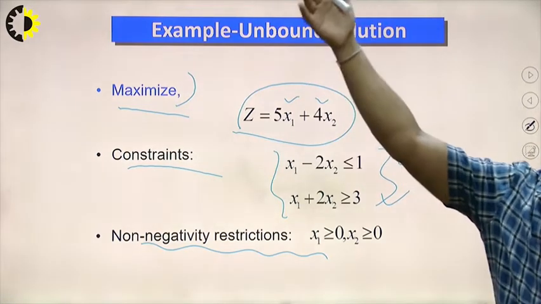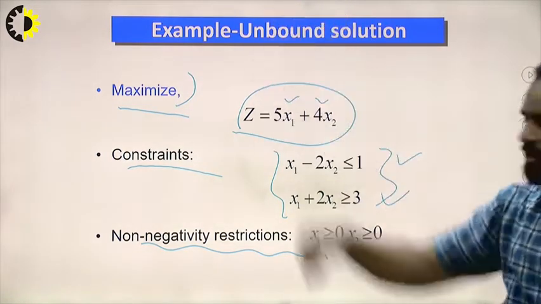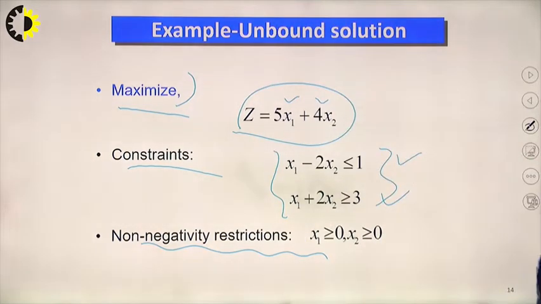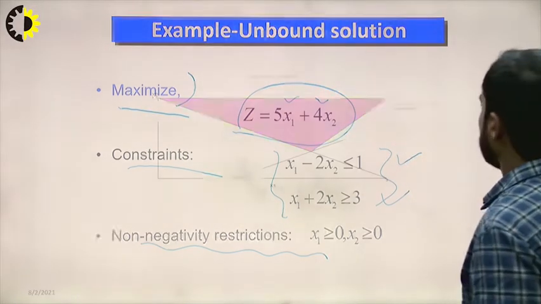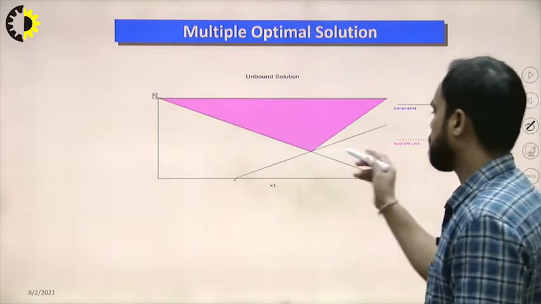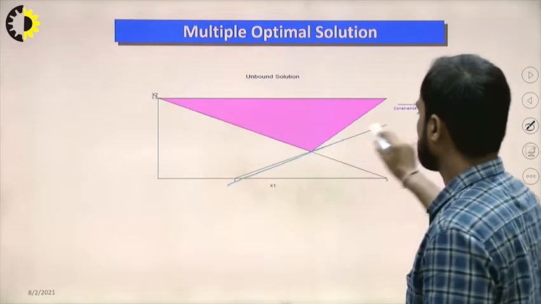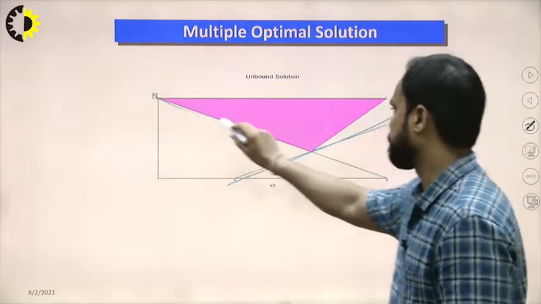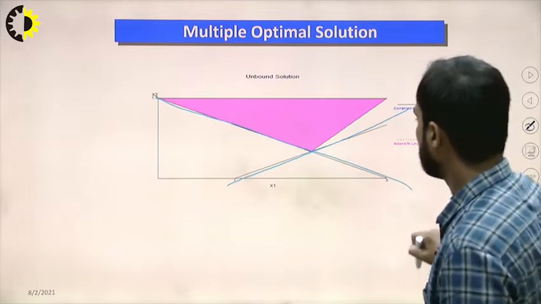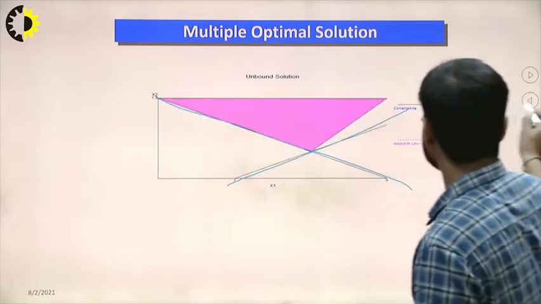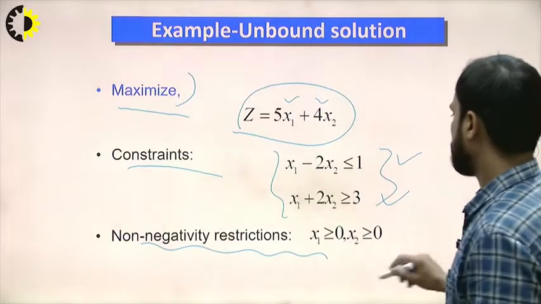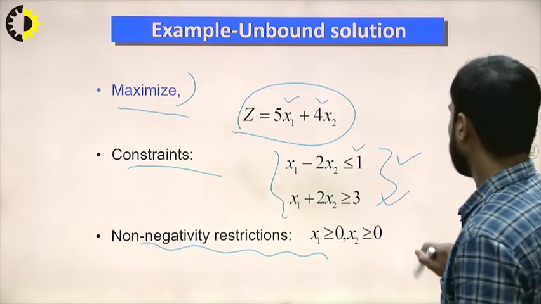At the corner point the maximum solution will exist. Firstly we have to draw this equation, then we will get why this problem has an unbounded solution. If I plot the equations, one equation is this, the second equation is this, and both equations you can see here. This equation is of less than type and this equation is of greater